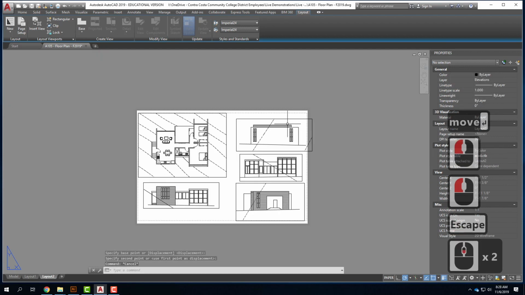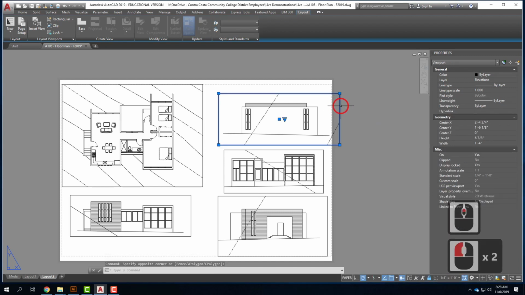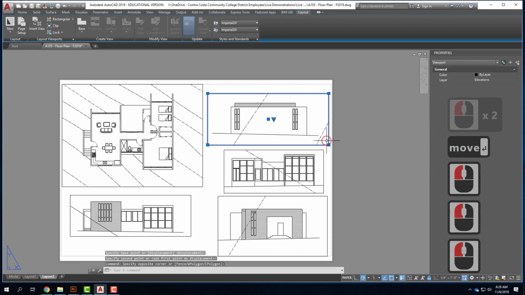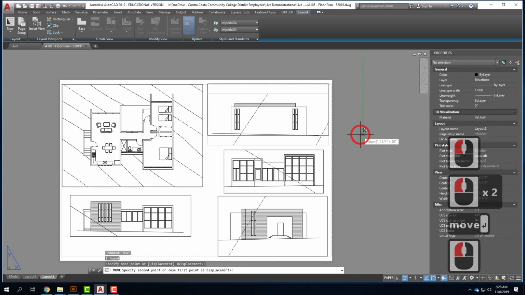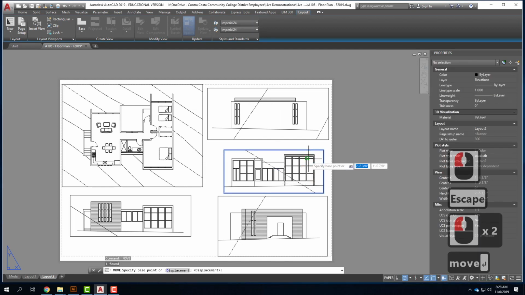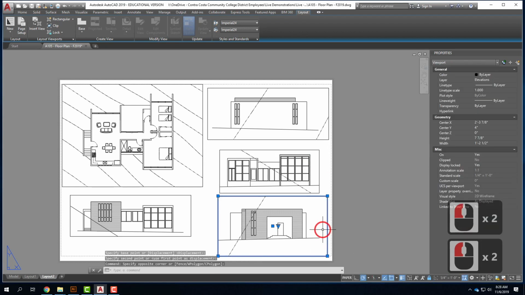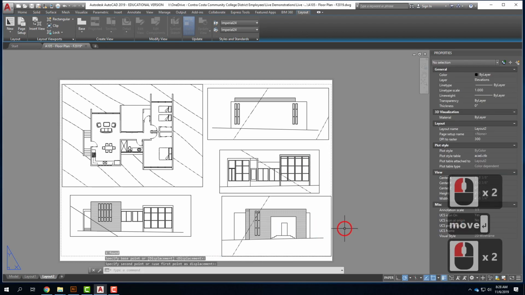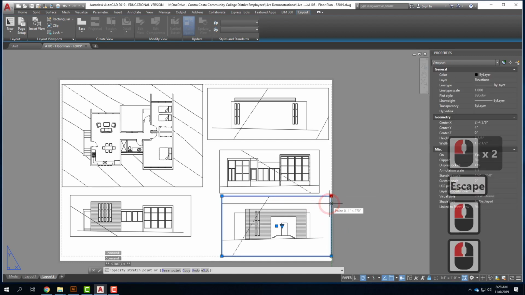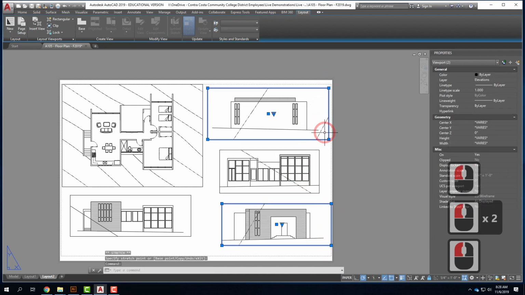etc. Now for these buildings, they don't really line up to anything, but it's nice to have them placed reasonably well. So let me go ahead and type move. We'll move this one over a little bit. We might move it up just a little bit. Let me move this one over. And move this one over a little bit. Yeah, something like that. You may find that you need to adjust how much space you have in each viewport. So I might need to shrink these down a little bit,